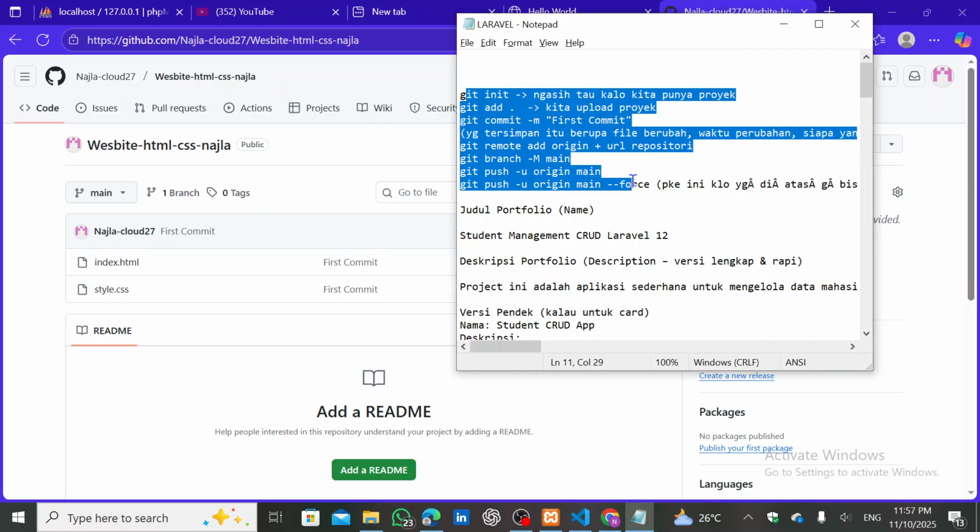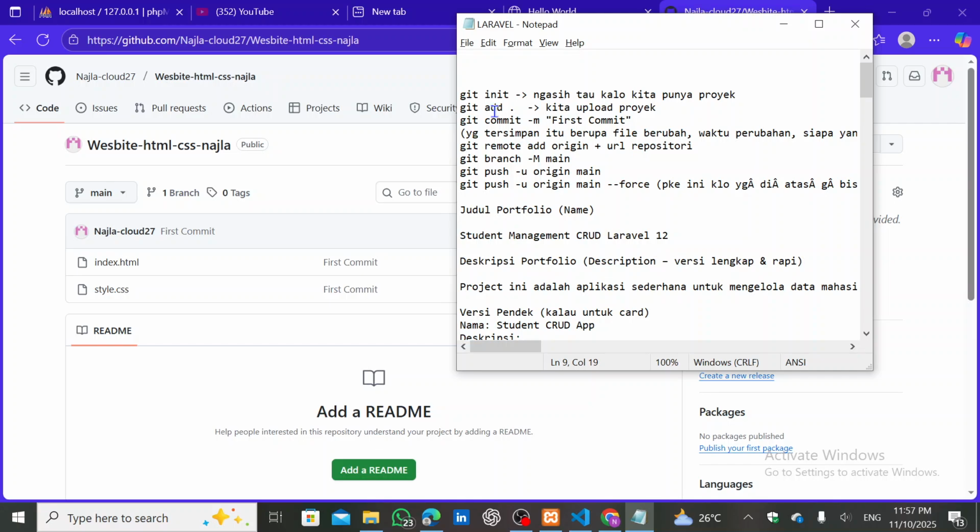With these commands, we can save our work, push our code, and make our project safe online. The commands are very important because they help every beginner learn how to upload a project.